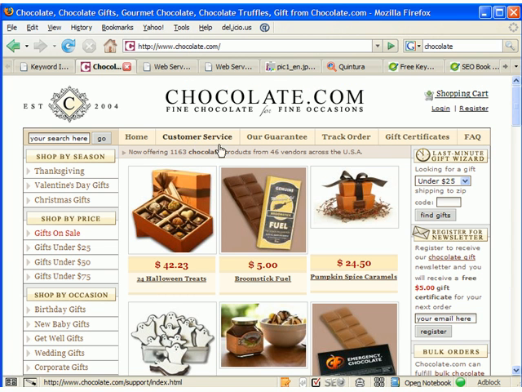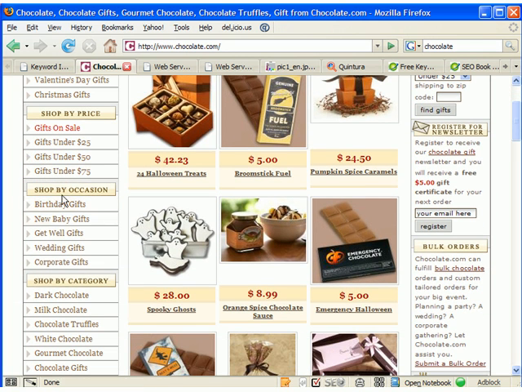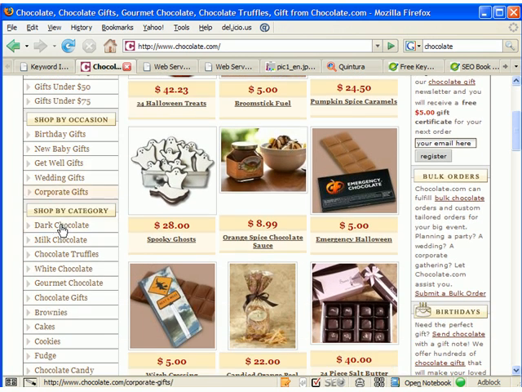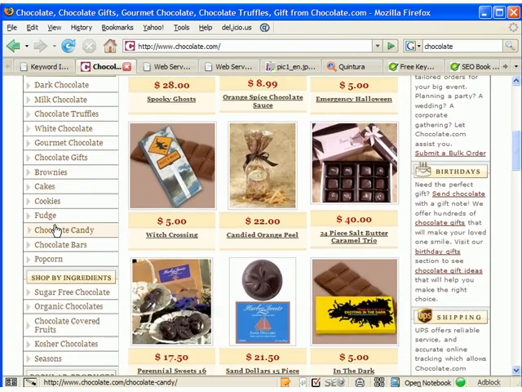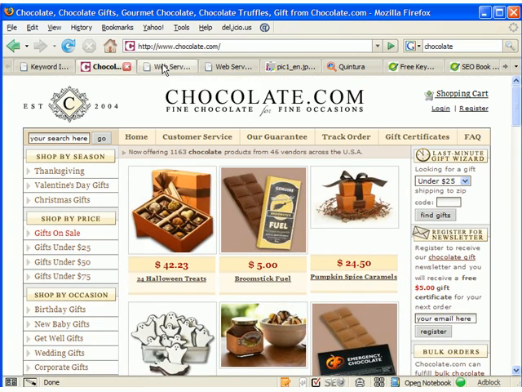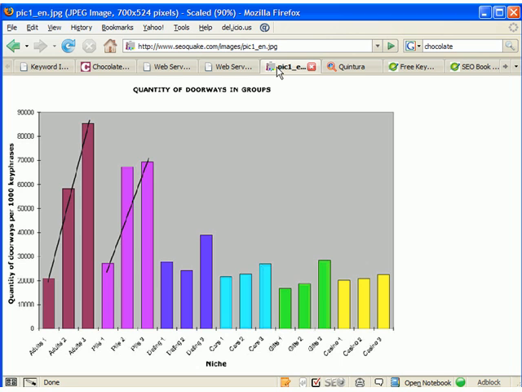Given that, you can go to competing sites and see how they organize it. If you look, chocolate.com currently is promoting seasonal Halloween stuff. Today's Halloween, and they're also offering links for Thanksgiving, Valentine's Day, and Christmas, and then other groups such as corporate, birthday, dark chocolate, and white chocolate. These are the types of ways you would categorize it, and they did a good job of that. And why it's so good to categorize your keywords and not just try to rely on ranking for the core ones is that